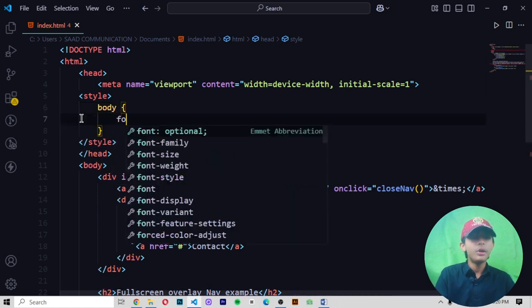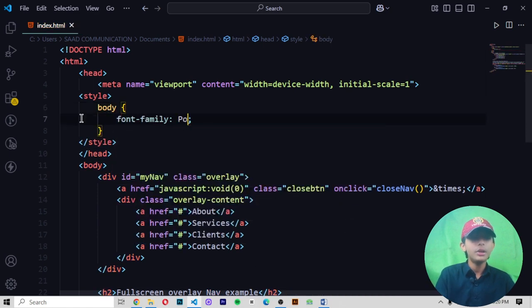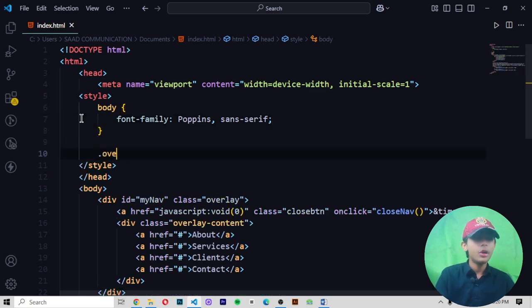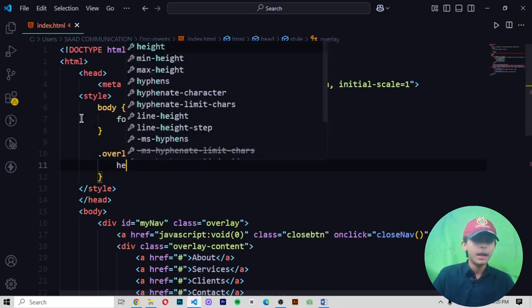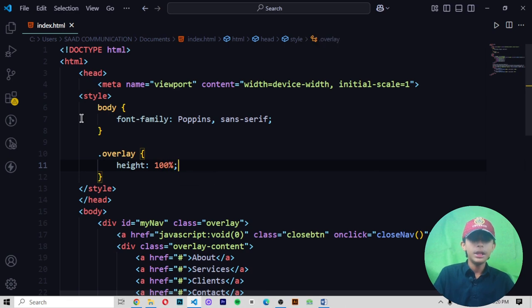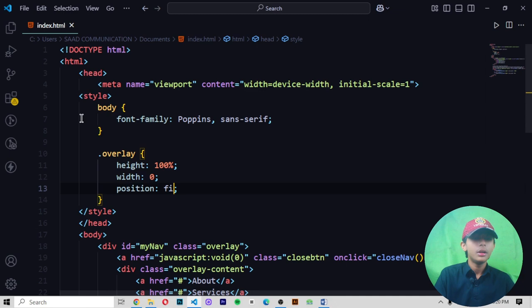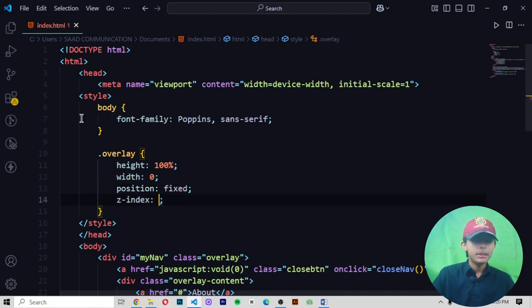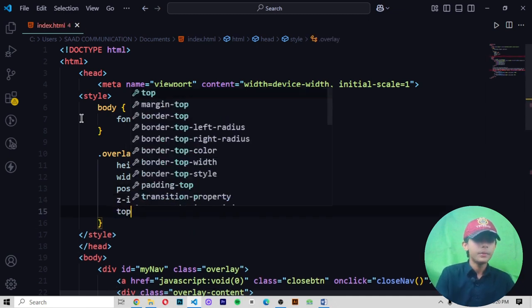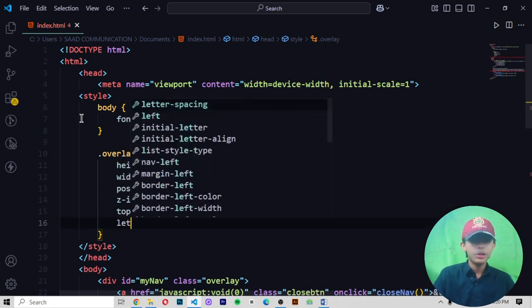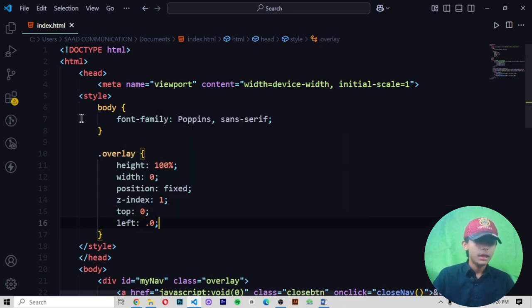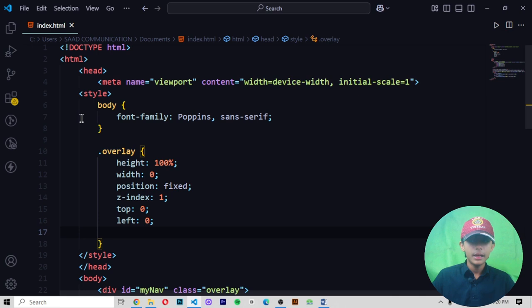So first of all we define body, in which we define our font. Any font you like; I am giving Poppins. Okay, and now I am giving .overlay. For overlay I am giving height 100%, width 0, position fixed, meaning it will not move anywhere, and z-index 1, top 0, left 0. And now I am adding a background color,